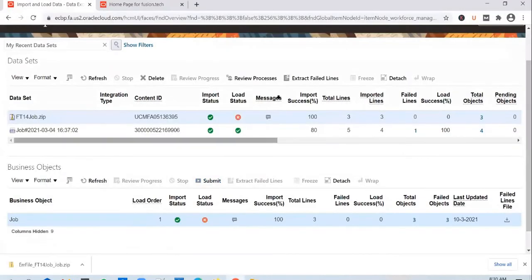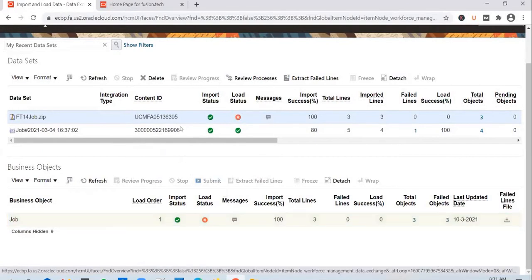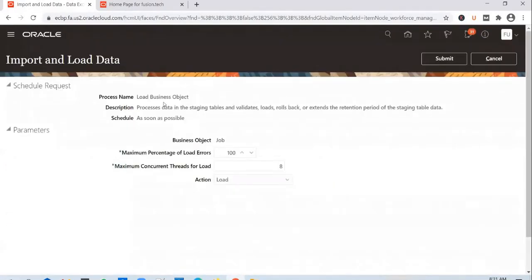Now that we have entered the source system owner, I don't need to change anything in the interface table or the stage table. I want to reprocess the records in the stage table, so I can do it by clicking on the submit icon here. What do you notice this time?